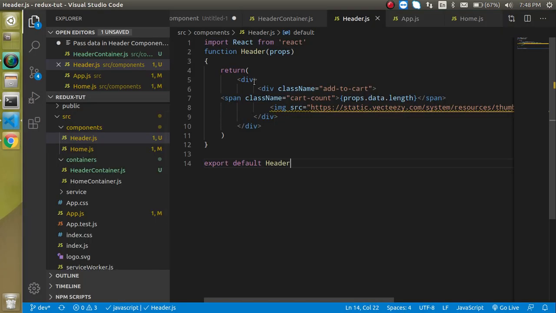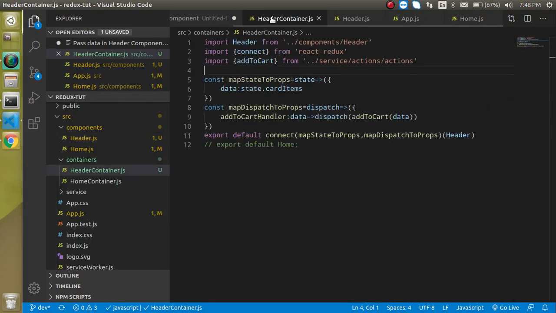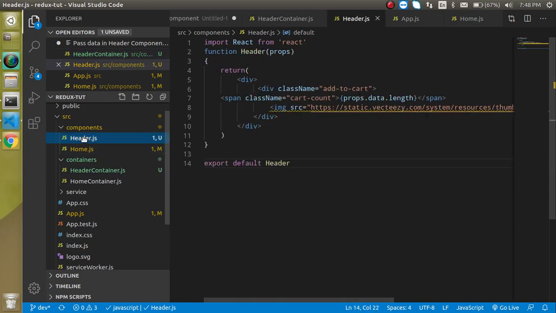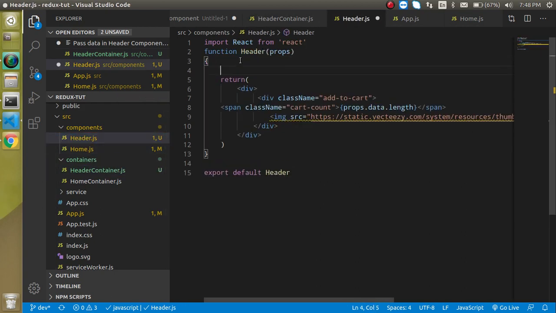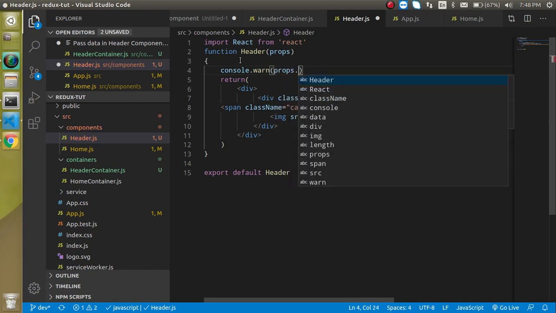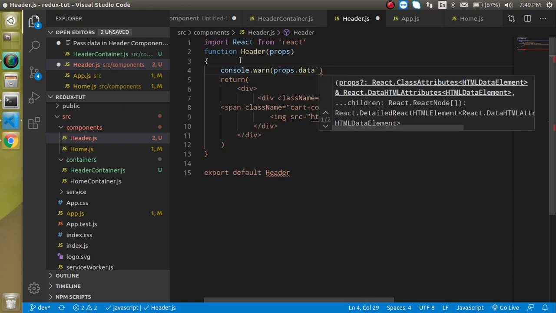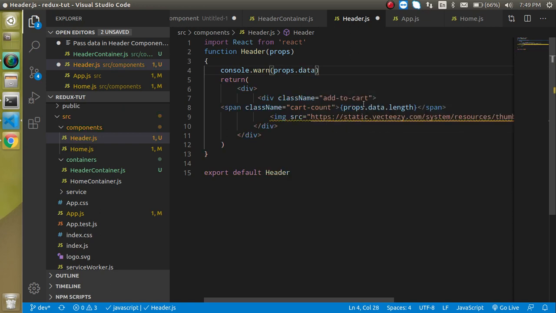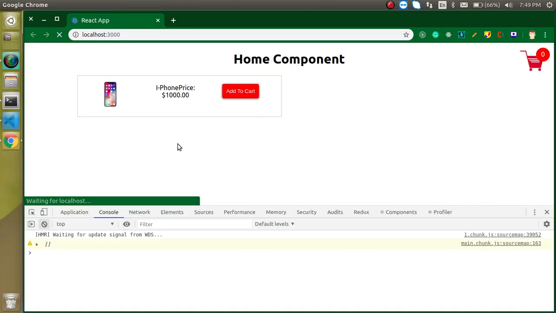Go to the header component again and make a console log here so that we can check what data is actually coming in. Just write props, and you can put data or whatever you want, so that you can get the whole data here.